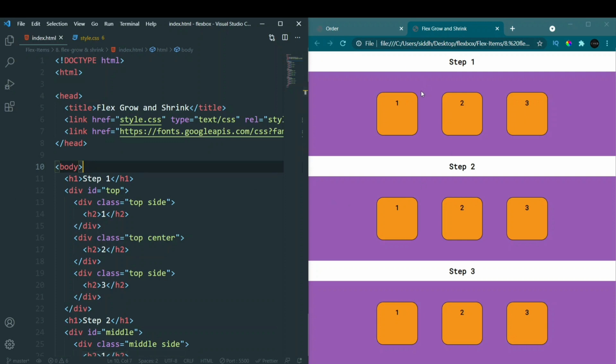So now what is flex grow? Flex grow and flex shrink are two properties, but I've made them one file because it is easier to understand that way. The flex grow property specifies how much an item will grow with respect to the other flex items. What it means, we'll see. You cannot put a negative value here. It has to be 0 or whatever is valid.